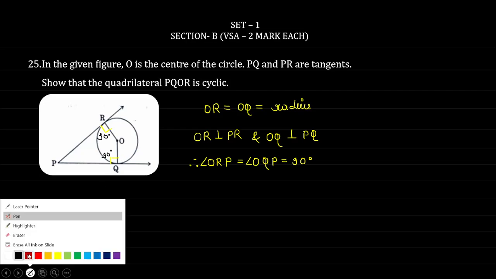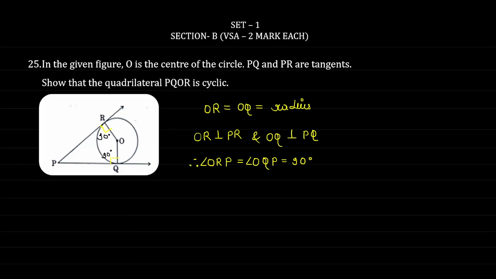See, it is clearly visible from here that if these angles are 90 degrees, then what is remaining is, this is a quadrilateral. Total sum is 360. 360 minus 180, that will be what? 180. So we can directly write this, but yes, we have to prove this in detail. Okay. So what we are going to write is, we know that the sum of interior angles in a quadrilateral is always equal to 360 degrees. So we can write, in the quadrilateral PQOR, angle